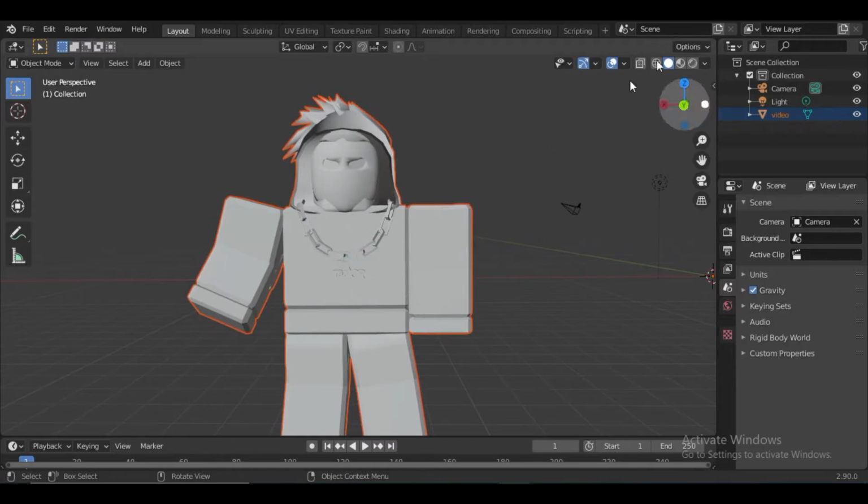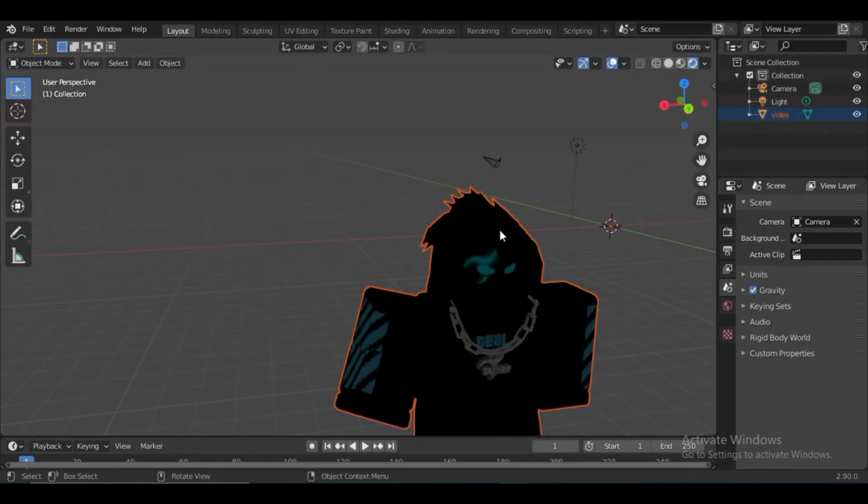So in order to bring up the textures, you can do this one, viewport shading. This one will just show you the materials. It won't show you the lighting and stuff. So I'm just gonna do viewport shading so we can put in the lightings and stuff also real quick. Yeah, viewport shading is now on.